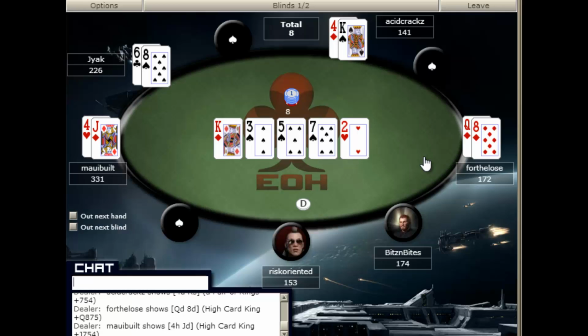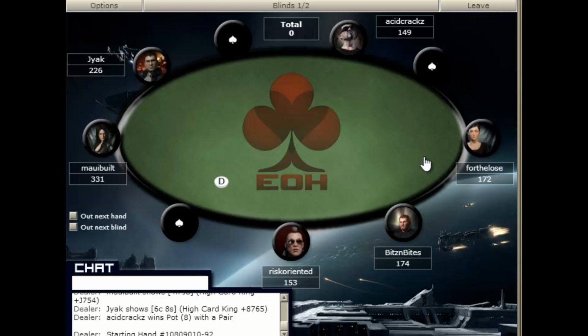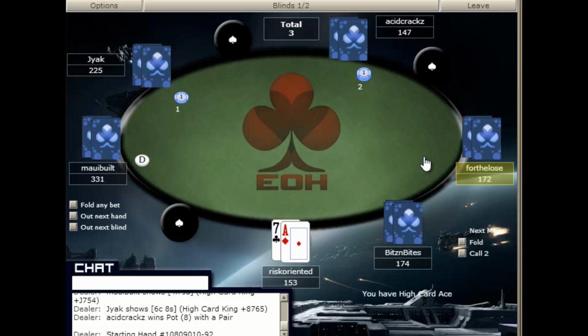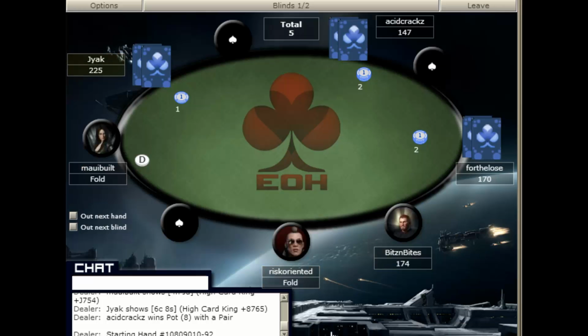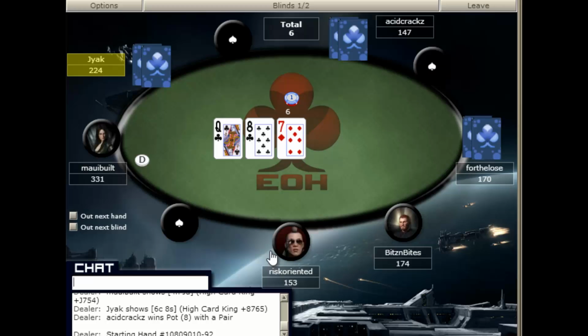For example, in early position, especially in the blinds, you typically want to raise 4 to 5 times the big blind. This is not the case in multi-table tournaments, but in cash games, which we're playing now, that is the case, because you're going to be playing such a strong range of hands, and you're going to have the weakness of being out of position for the rest of the hand. You probably want to raise 4 times the big blind from early position, whereas from late position, I might raise 2 times or 3 times the big blind.